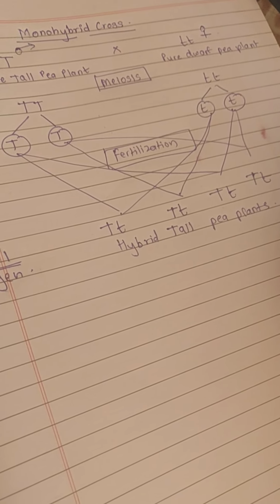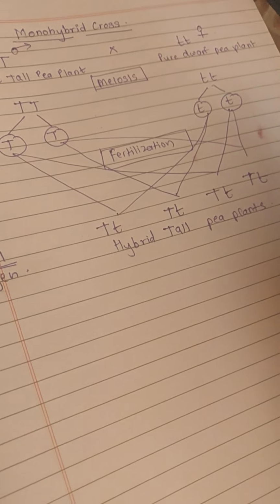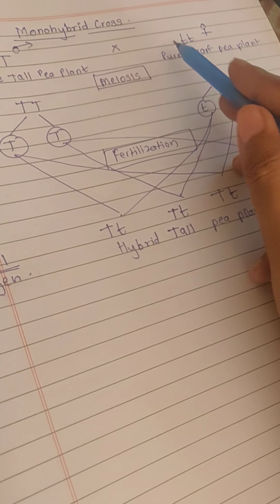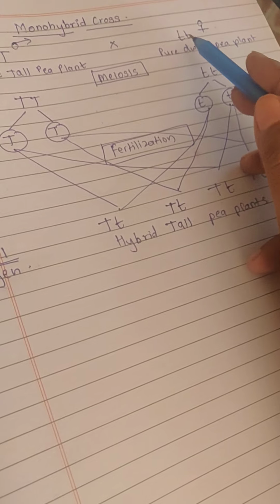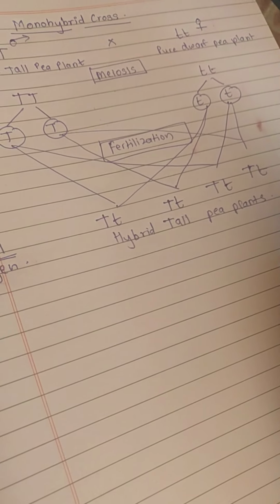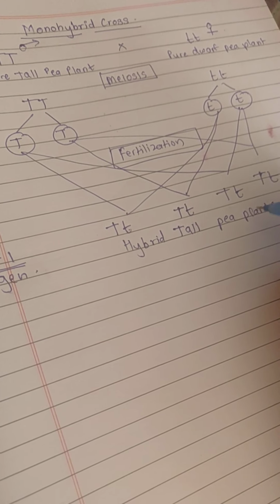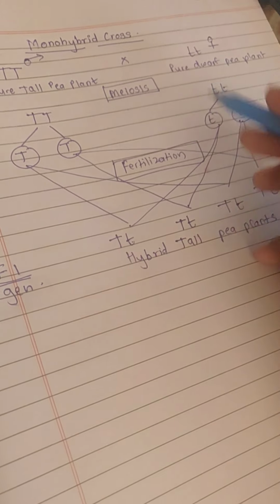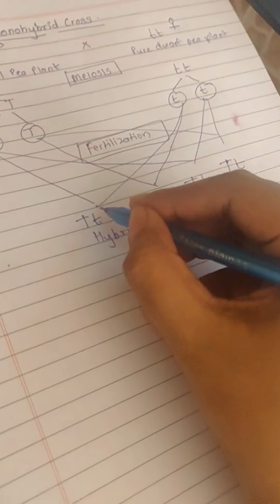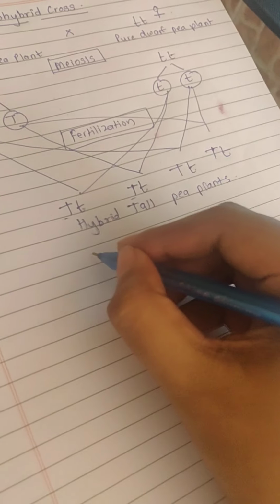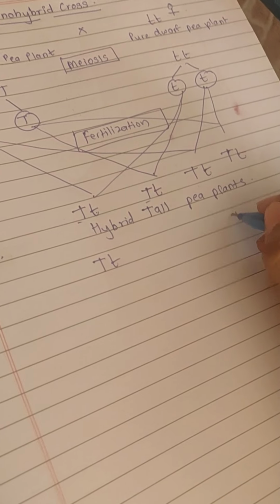So it confused him that how is it possible that this plant, this is the dwarf plant, how is it that इसका कोई भी characteristic इनमें नहीं आया. Now we know that inside actually it is there, but बाहर से नहीं दिख रहा है. But for him to verify it that something has come from here, what he said is, let me pick up two plants from this generation only and repeat this cross.